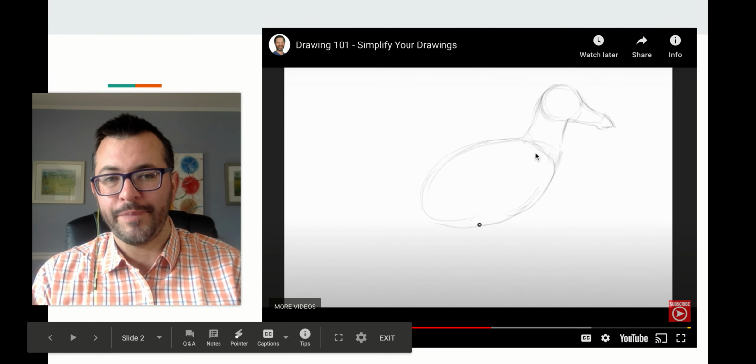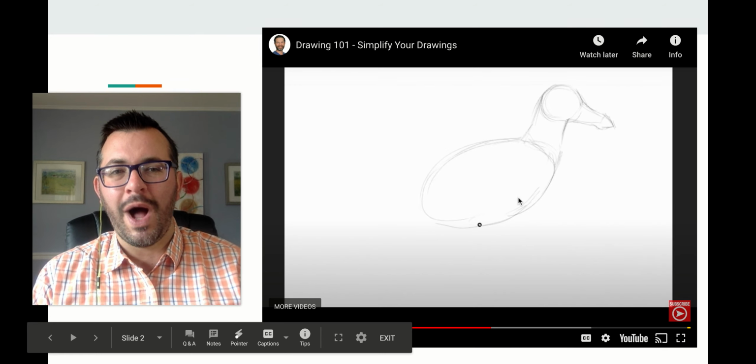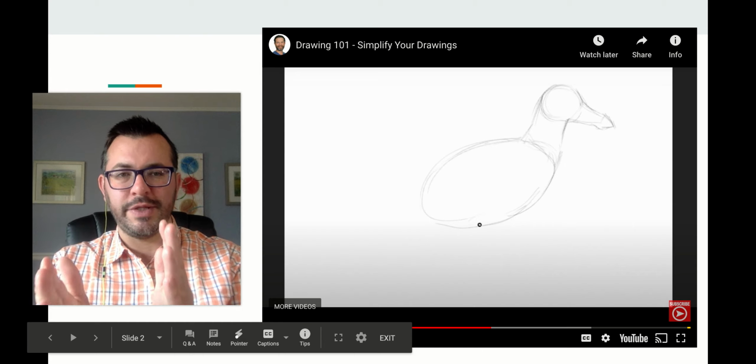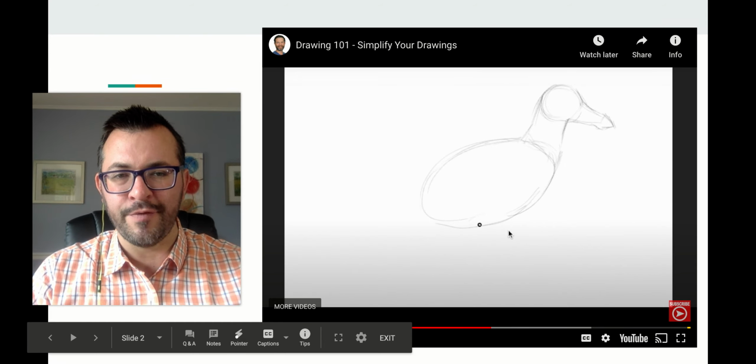rest of the drawing. So when you look at your photo reference, right, is the body much longer than the neck, right? Is it twice as long as the neck, 1.5 times as long as the neck? How wide is it? Is it two necks wide? Is it wider than that? And making those judgments between parts of your drawing will really help you determine if your objects are drawn to